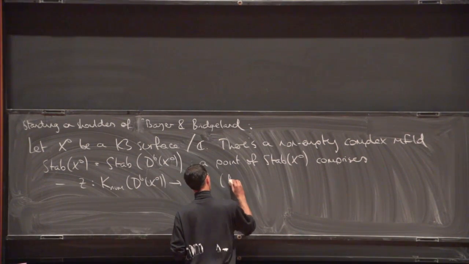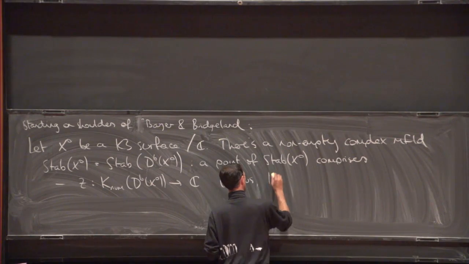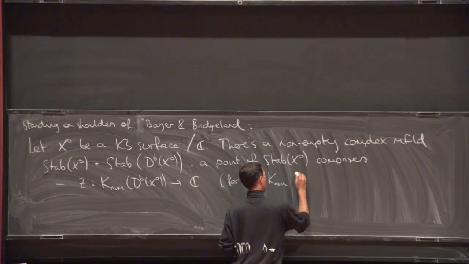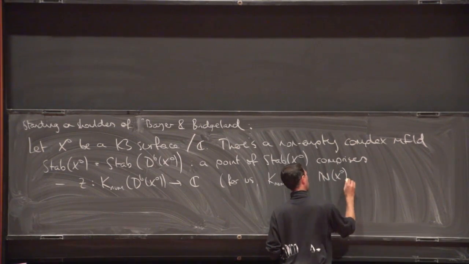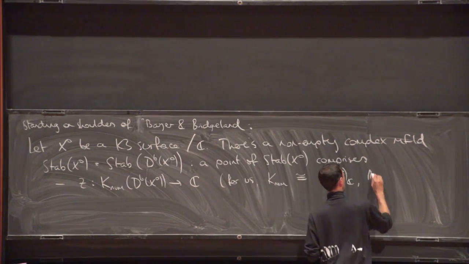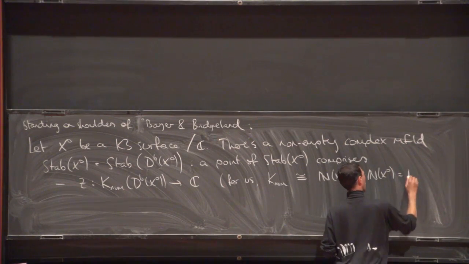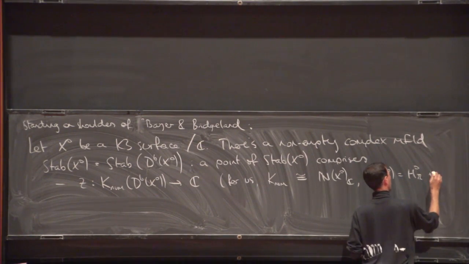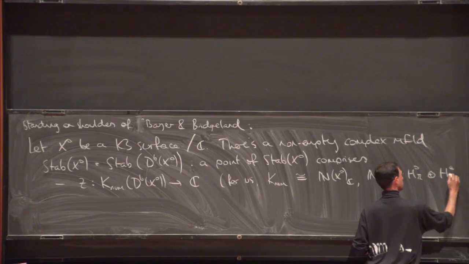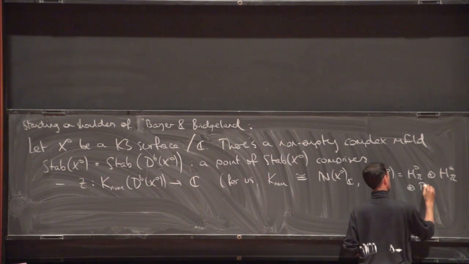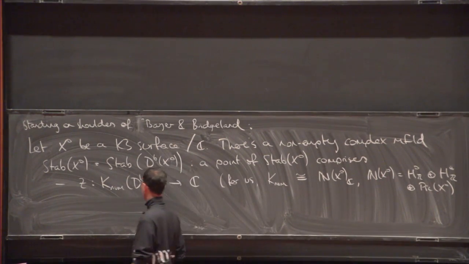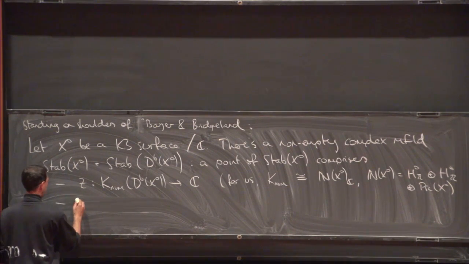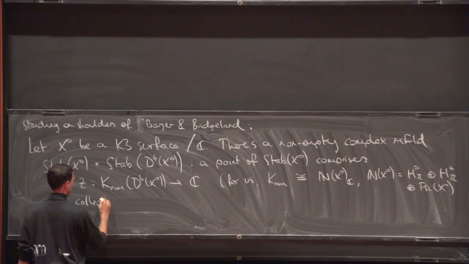So for us, this will look like the complexification of a lattice, which is given by H0 plus H4 plus the Picard lattice. So there's a complex valued homomorphism on this lattice, and there's a collection of subcategories